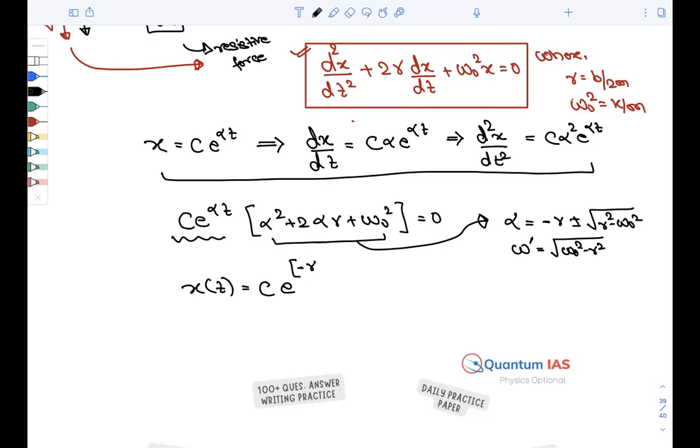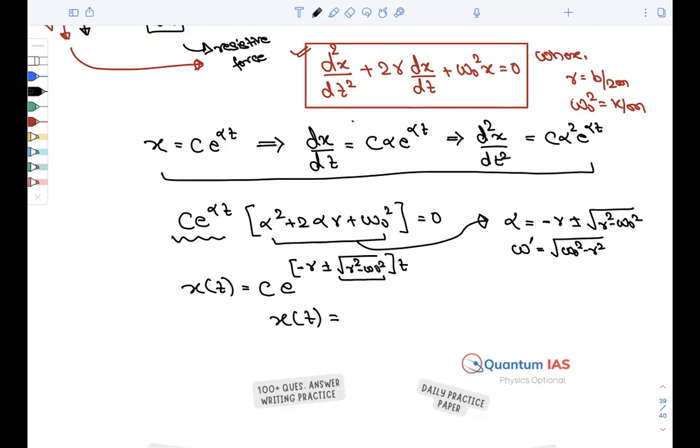minus gamma plus minus root under gamma square minus omega naught square into t. This we can simply write as i omega dash. So simply the equation will become x is equal to x as a function of t, obviously. X as a function of t is equal to,